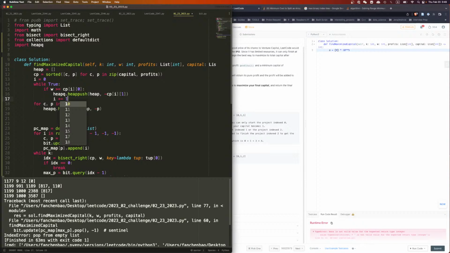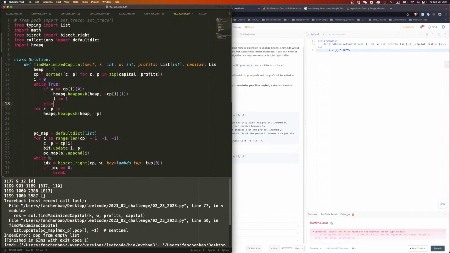If it's larger than this again, I keep pushing until a point where W is smaller than CPI[i]. Okay? So W is smaller than this. So i plus 1, so boom, W is smaller. So now W is at a point. So i minus 1 is the point. All right. So if else,